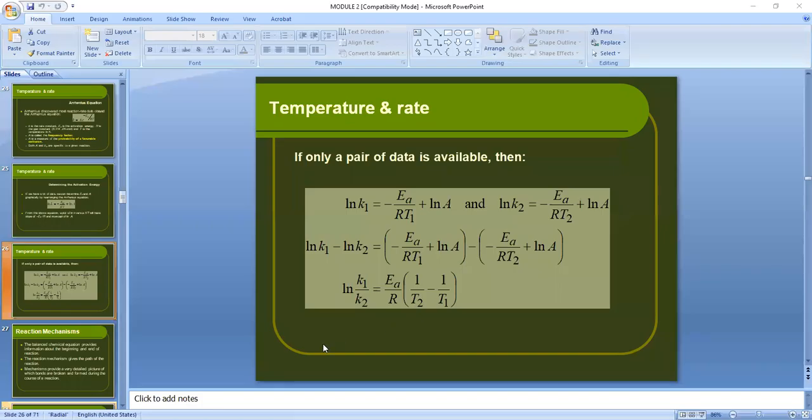So as I was saying, the ln of K sub 1 over K sub 2 is equal to the activation energy divided by the universal gas constant multiplied by the difference of the two reciprocals in temperature. If you have K1 here, you have here T sub 2. But if you intend to have T sub 1 here and T sub 2 just like in